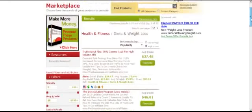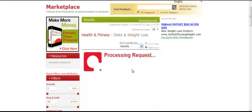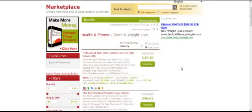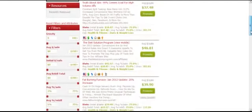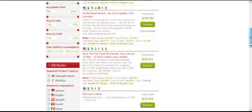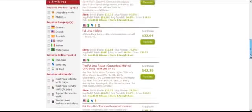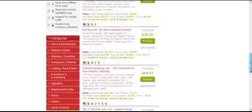In fact, if you go back up to the top of the page, and if we sort by gravity, it will put them in order for us. So Truth About Abs again is the top selling product here. Diet Solution Program, Fat Burning Furnace. Right, I'm not going to choose any of these because for me the high gravity tells me that I'm likely to be facing too much competition for my banner ad placements, so I'm going to keep on going down, and